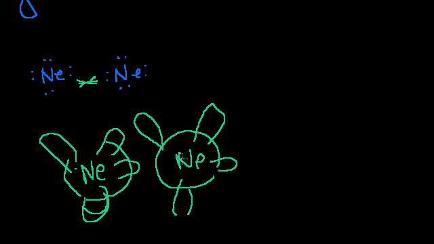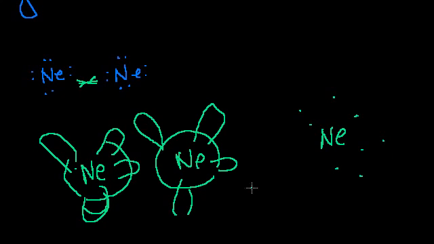And if you think about it, out of all of the possible configurations, let's say we have these two neon atoms, there's actually a very low likelihood that they're going to be completely evenly distributed. There are many more scenarios where the electron distribution is a little uneven in one neon atom or another. So if in this neon atom, temporarily, its 8 valence electrons just happen to be like 1, 2, 3, 4, 5, 6, 7, 8, then what does this neon atom look like? It temporarily has a slight charge in this direction. It'll feel like this side is more negative than this side, or this side is more positive than that side.